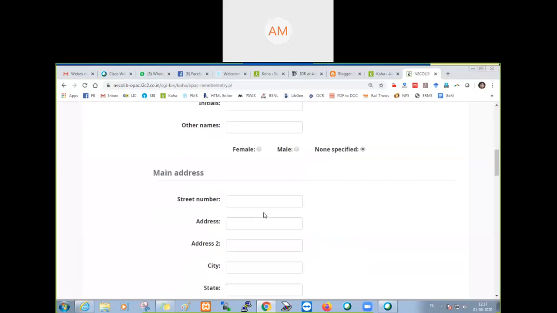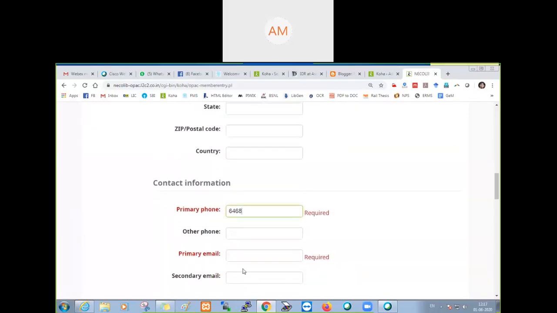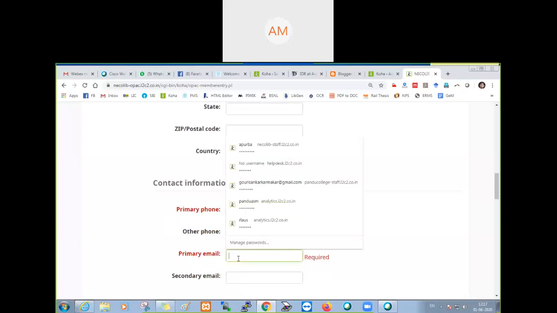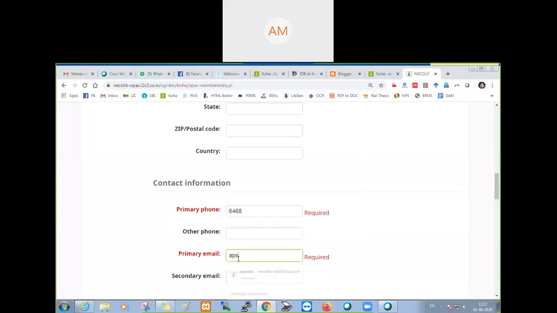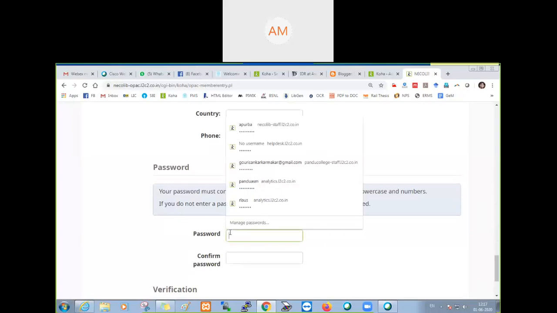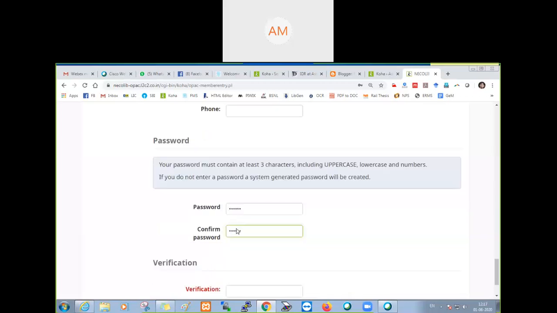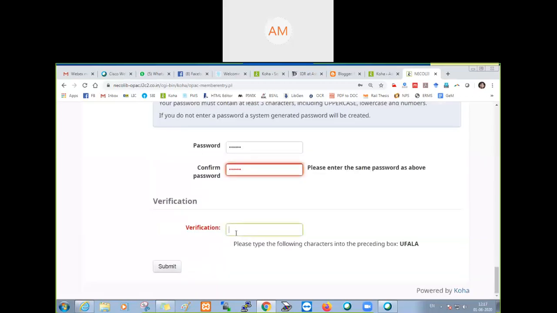I'm just giving an imaginary primary phone, and any primary email. Password.